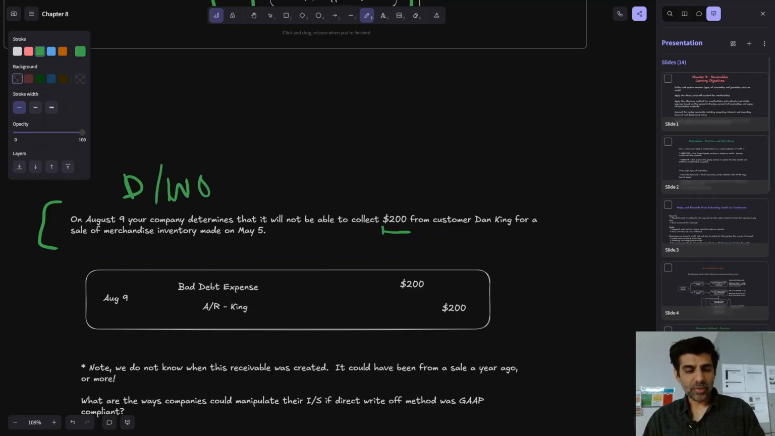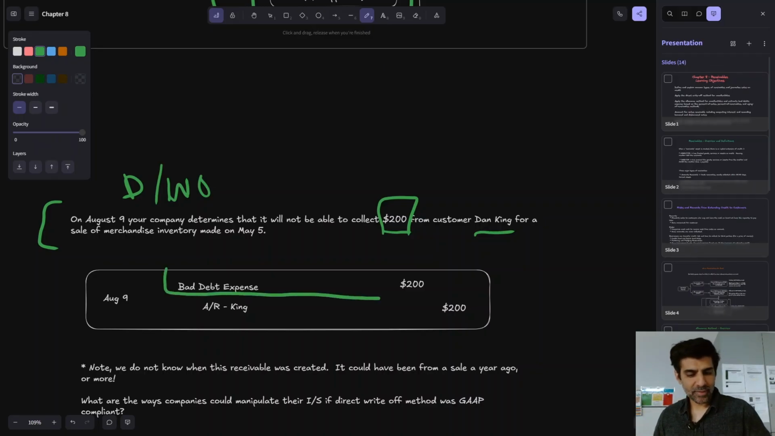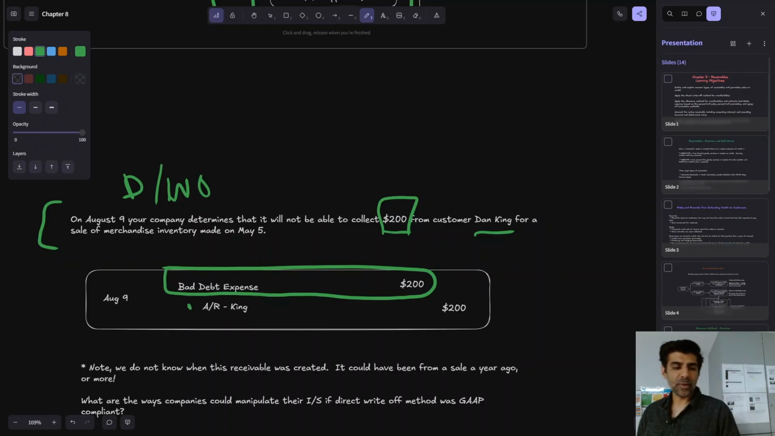So we're only going to do something at this time where we're like, Dan King is not going to pay us. Okay, we know specifically which account receivable we're not going to collect and when. Dan King called us up and he's like, I'm going out of business or whatever. So at that time, we know exactly who is not going to pay us, and what the amount is. Okay, so now we can directly write it off. So what we do is we'll take a bad debt expense of $200 and we'll reduce this guy's account receivable